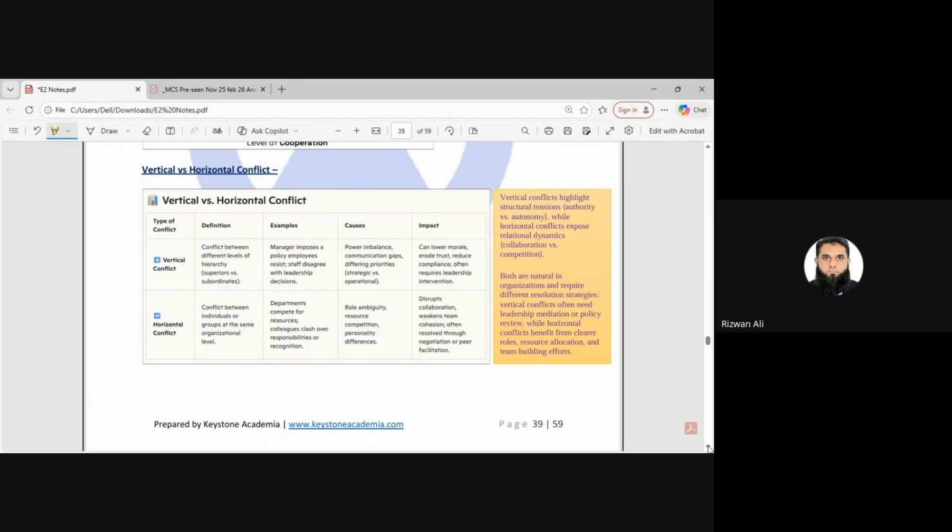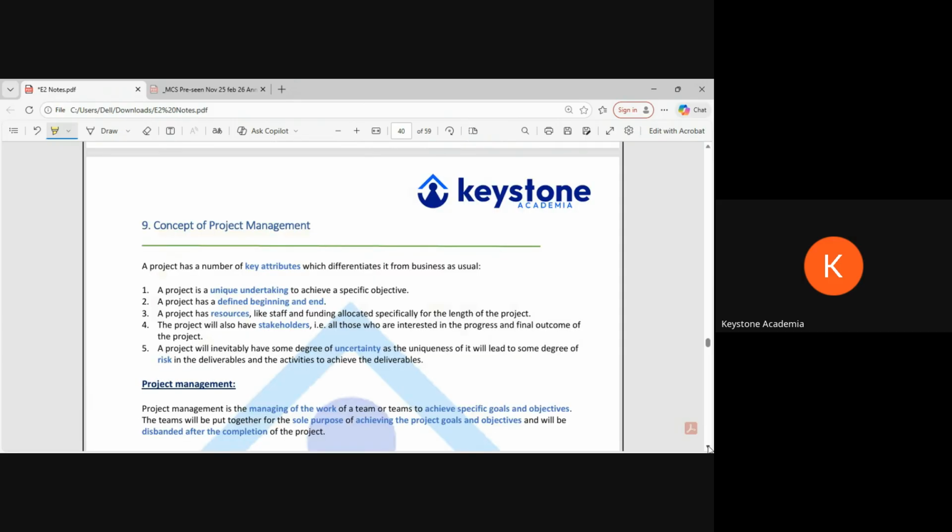Is there any possibility of these questions coming in this attempt? Yes, that's what I'm saying. Conflict, yes. It's very commonly asked. Either conflict or this team project, at least one of those should come. One question from this chapter, I'm very confident. Okay, thank you. So in 5 minutes, we'll start the next one.